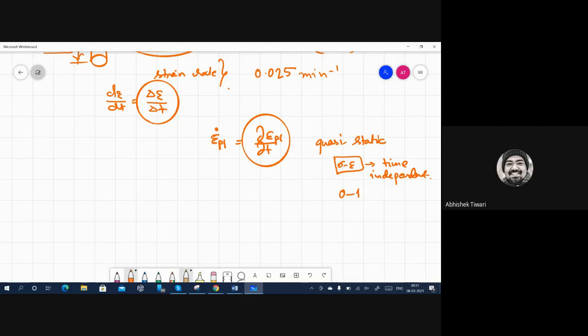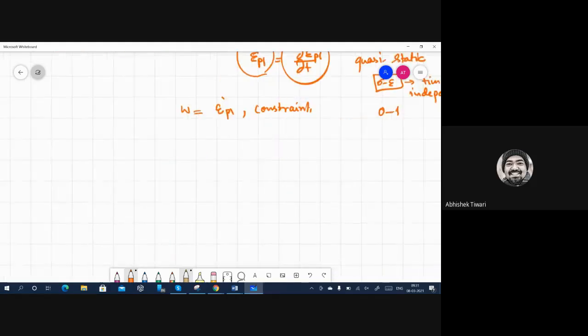So this is that plastic strain rate, and it affects the damage parameter. What else affects the damage parameter is the constraint, as we spoke of, that the constraint changes as you move away spatially in the specimen. So how do you measure this constraint? There are different parameters to measure the constraint, but a very simple and unique parameter is represented by small q, which is a ratio of minus p